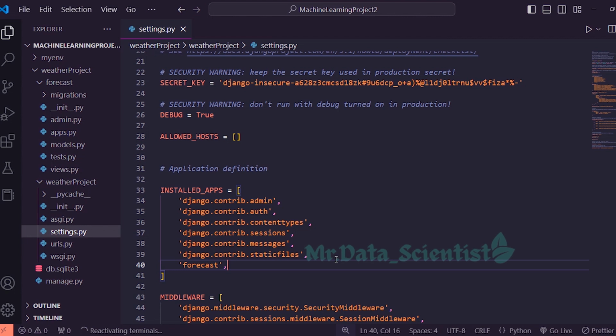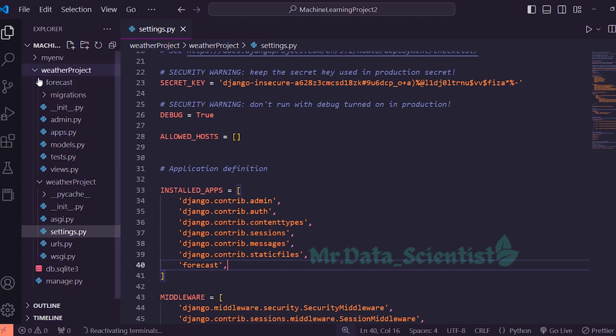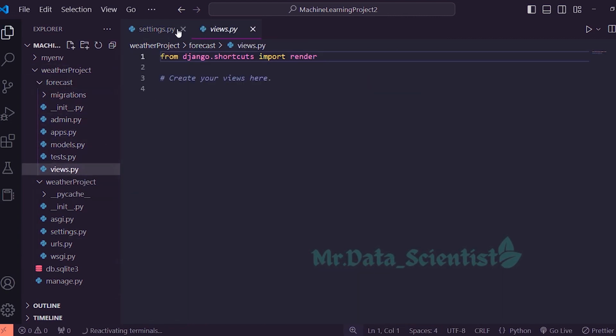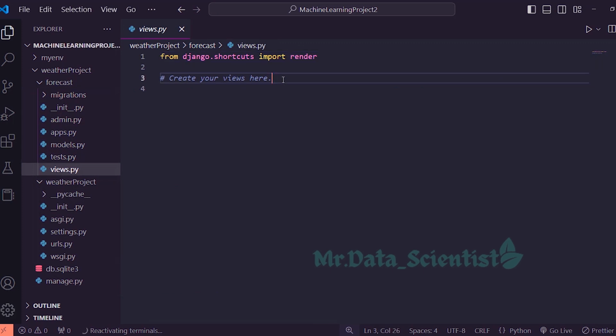Before we start adding weather functionality to our app, let's create a simple view to make sure everything is working. In the Forecast folder, open the views.py file. This file is where we define the logic for our web pages, including how data is processed and presented to the user. To begin, we'll create a simple view that returns a basic HTML page. So in this, write,